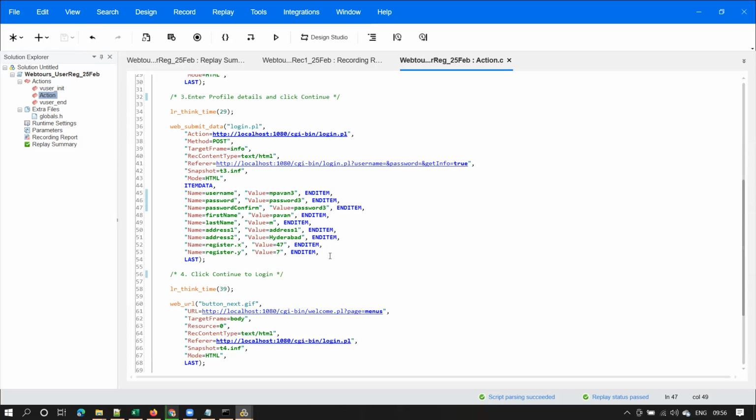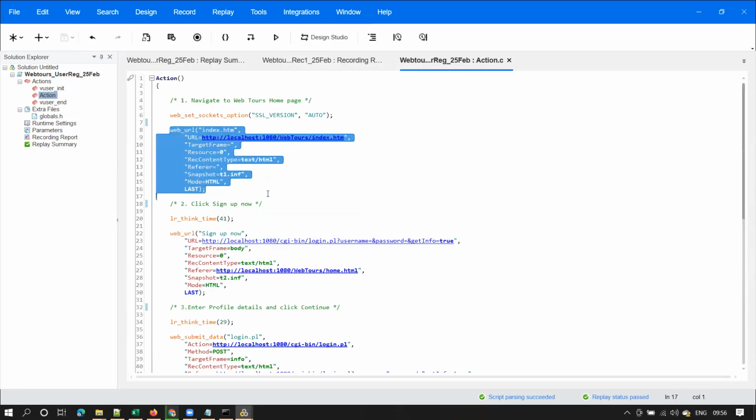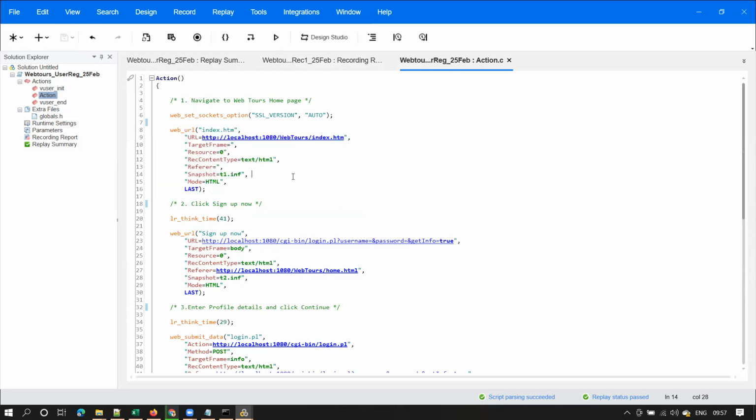What do you mean by recorded session? Recording, sir. We just did the recording, right? So we can replay the script only when we have the recorded thing. Right. When we are clicking replay, what your VuGen does is it will simply send this request again to the server one by one. So we have to do recording first, right? Yes, you have to do recording first, or else you should have a recorded script.